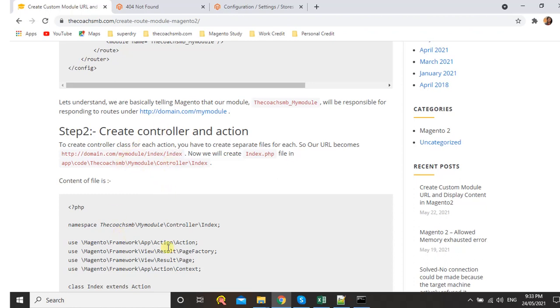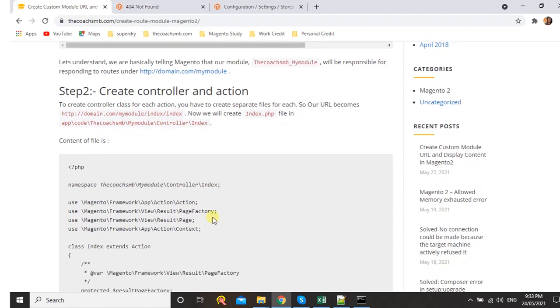By default in Magento, whatever file name we give, depending upon the URL here, we need to follow the path: controller, and then this name will be here and this name will be the class name. Very important point. These are minor things which I am telling you, that will help you in future and in your current work as well. Keep this point in mind.